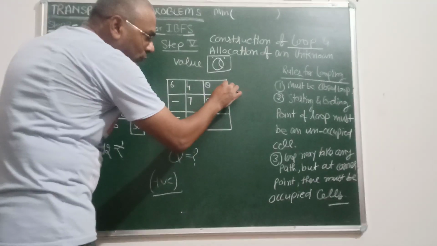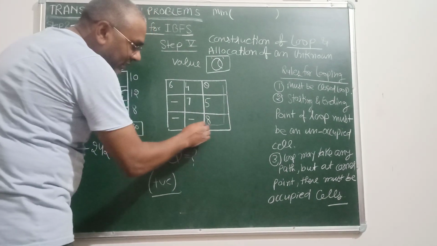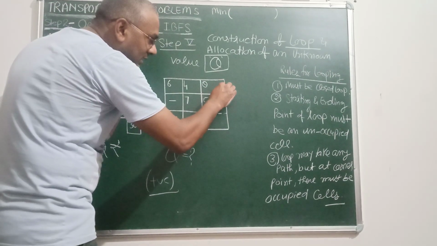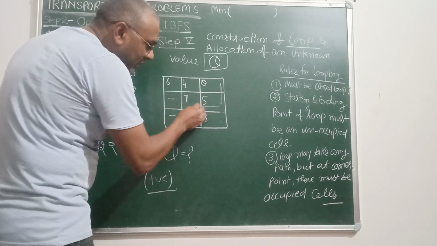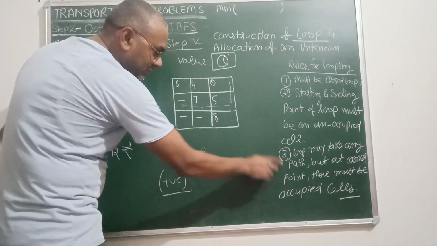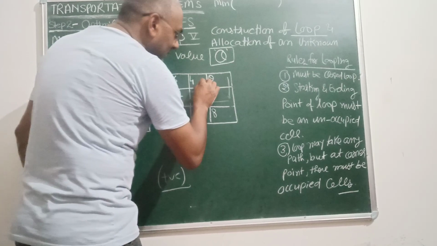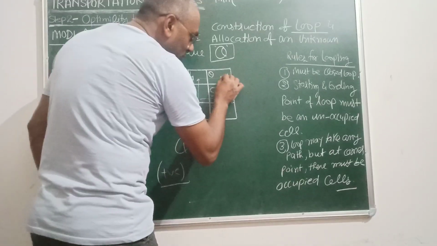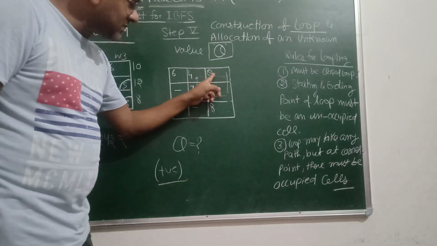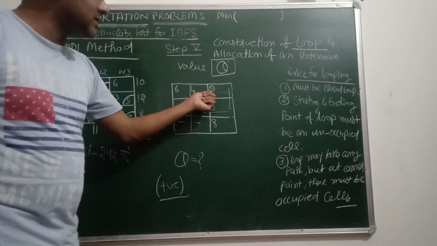Now if you start moving from here and reach up to here and move here, there is no occupied cell, so we cannot move that way. But if the loop starts from here and then moves from here, this condition is satisfied. Again, if you move to here, this condition will not be satisfied, so just move upward; in that case this condition is satisfied. And as you have to form a loop, you move back here. So all three conditions are satisfied, and theta has been placed at a correct cell.